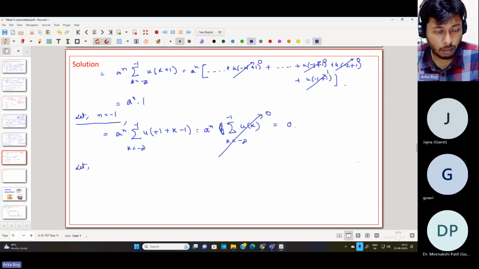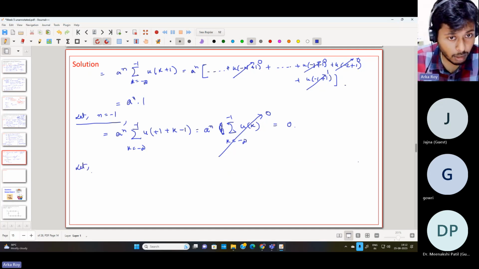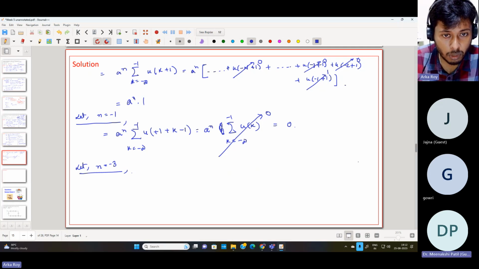So let's take another condition. n is equal to minus 3. So when we consider n equal to minus 3, for those conditions, we'll see that a to the power n,